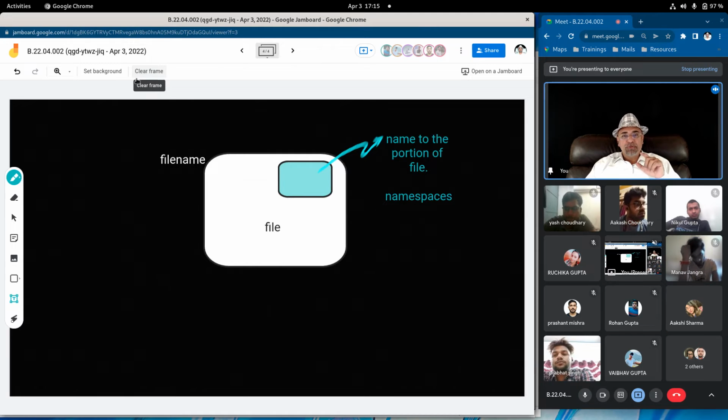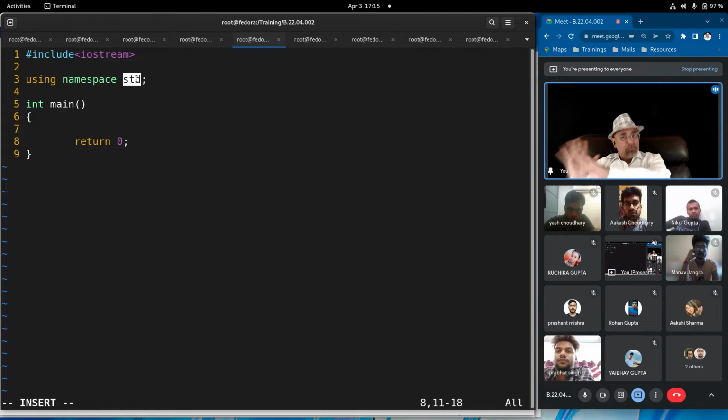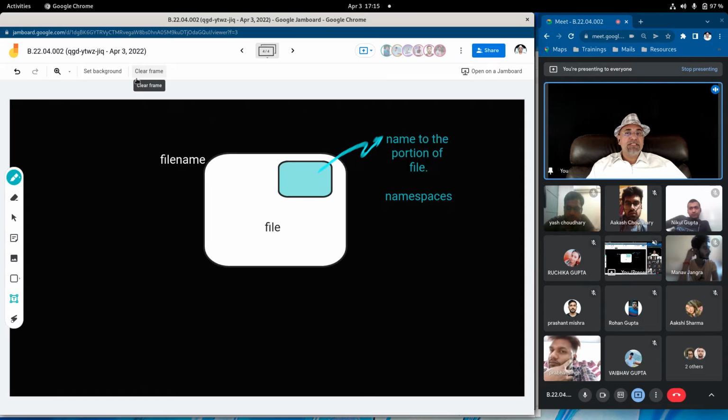And yes, in this blue color portion that you see, all the objects, functions, variables, routines, utilities, keywords, everything is given. Whatever is given is now included in your program and could be used in your program. It will not give you a not declared error. Like C in Cout. What is C in Cout? How do you know? Well, it is declared in that namespace called std, which is a portion of the class IOStream, which is resident in the file.